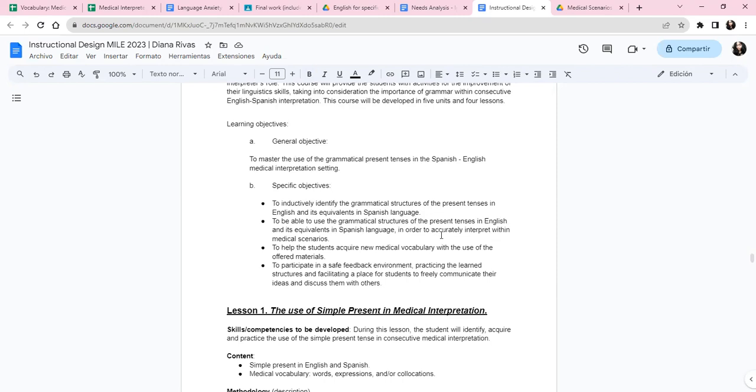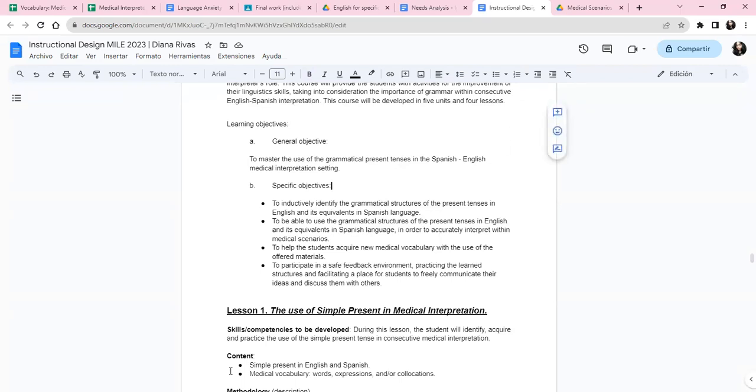To be able to use the grammatical structures of the present tenses in English and its equivalents in Spanish language in order to accurately interpret within medical scenarios. To help the students acquire new medical vocabulary with the use of the offered materials, and to participate in a safe feedback environment, practicing the learned structures and facilitating a place for students to freely communicate their ideas and discuss